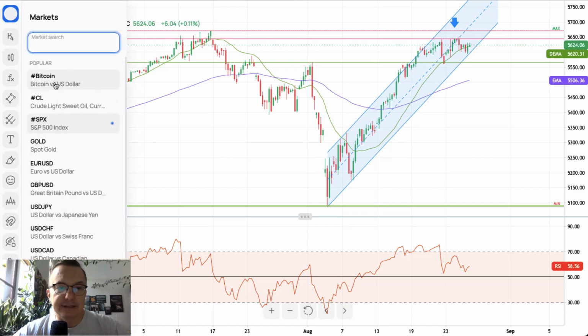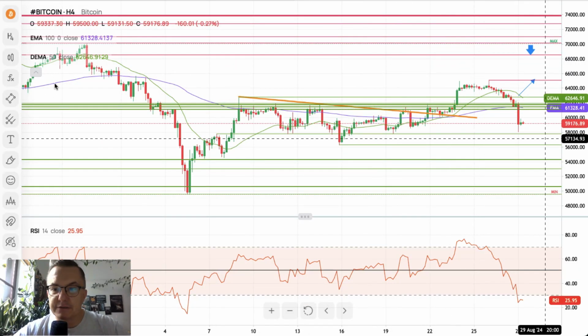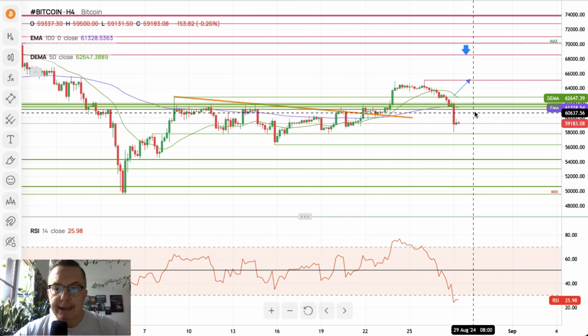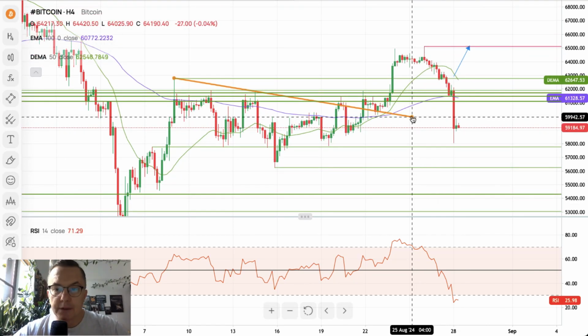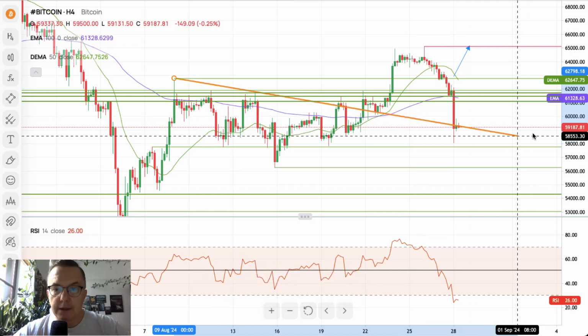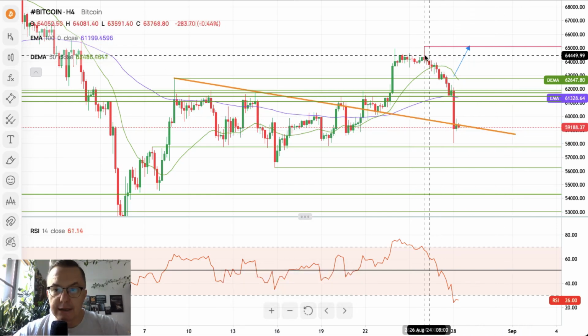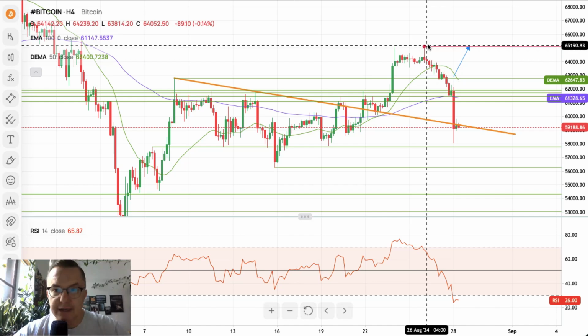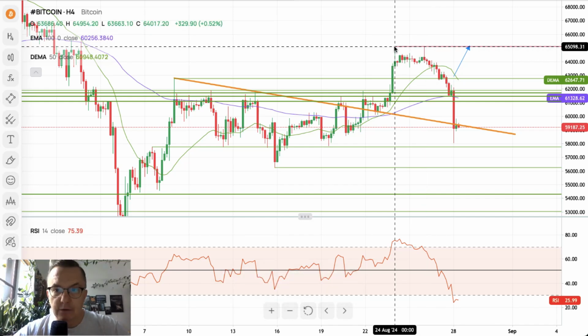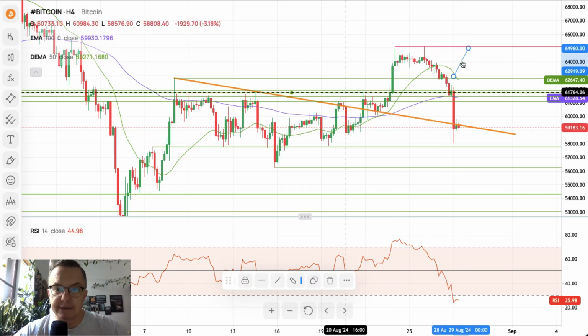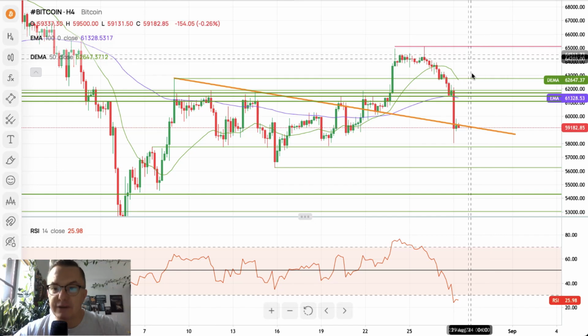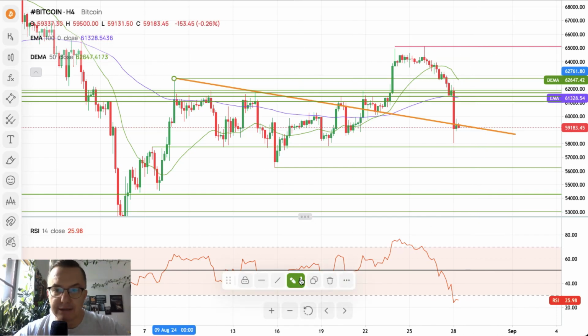And last but not least, let's take a look at Bitcoin, because of the recent movement to the downside, and it looks like we are back down after the level of 65,084 was hit. So apparently in this scenario, as you can see, our scenario saying that the support will hold didn't actually materialize, and this is very bad for the bulls right now, because the movement to the upside is in 3 waves